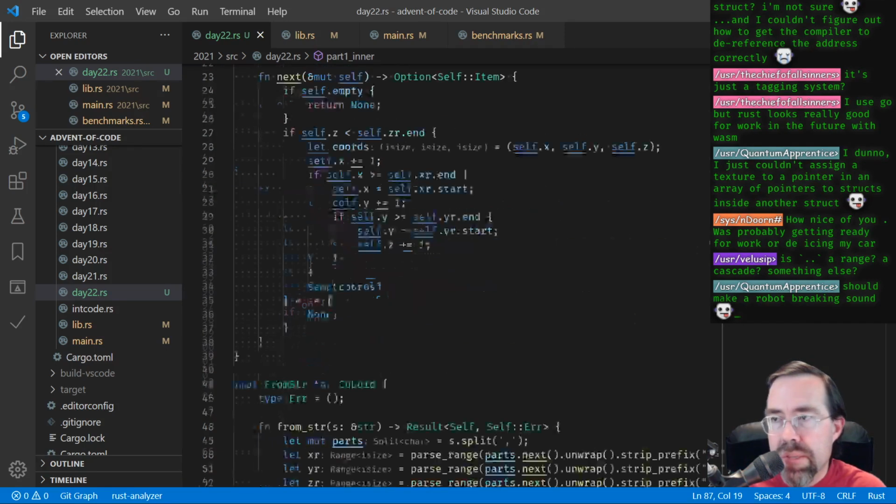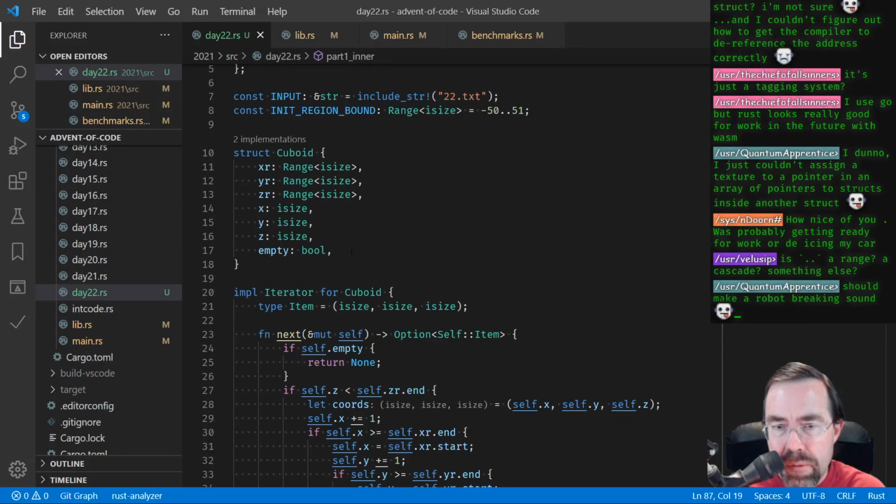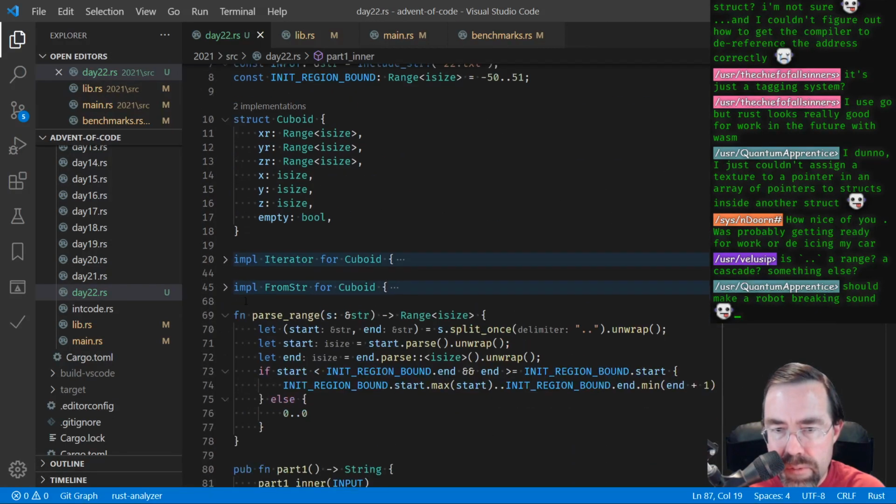So I need a couple methods here. I need to have like volume of cuboid. So we have iterator, that's fine. We have from string, which is fine. Let's have